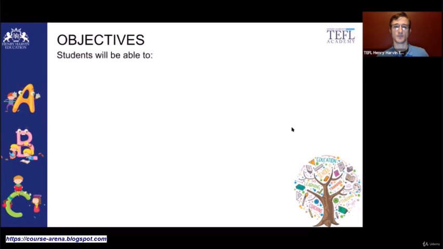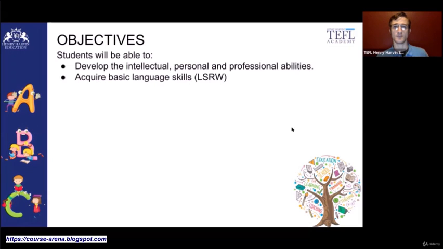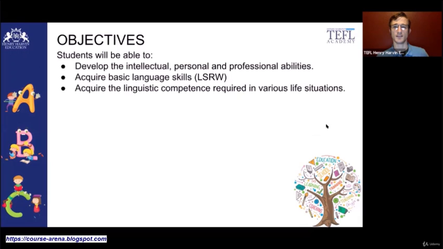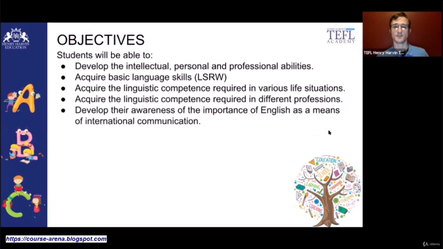Our objectives for this module include the following. Students will be able to develop the intellectual, personal, and professional abilities, acquire basic language skills, acquire the linguistic competence required in various life situations, acquire the linguistic competence required in different professions, develop their awareness of the importance of